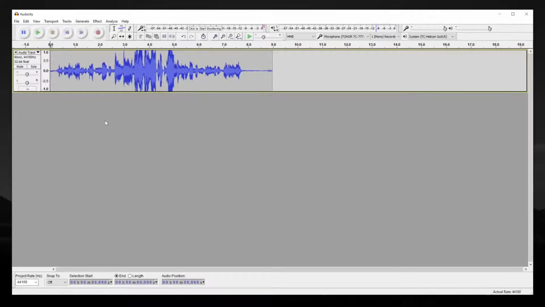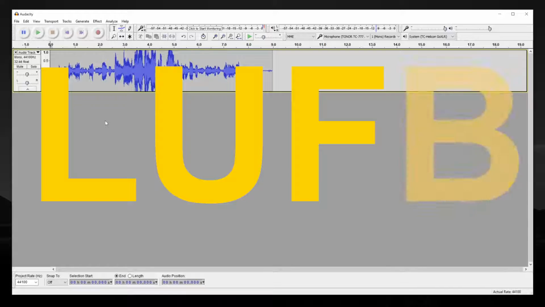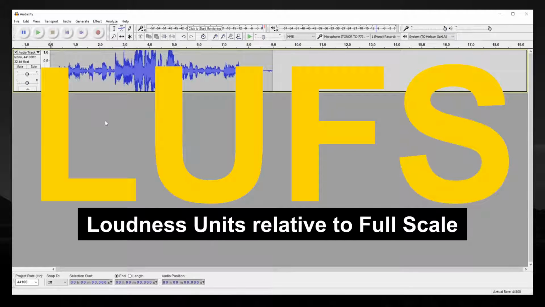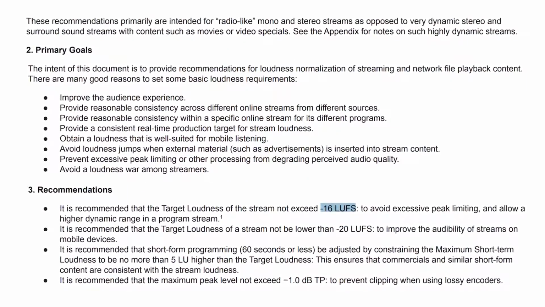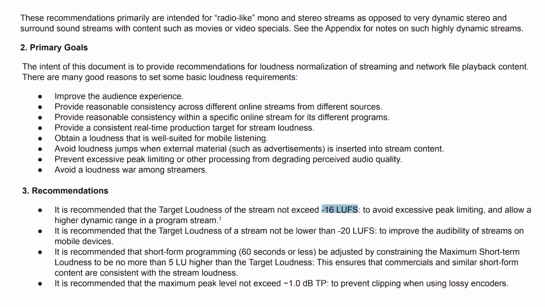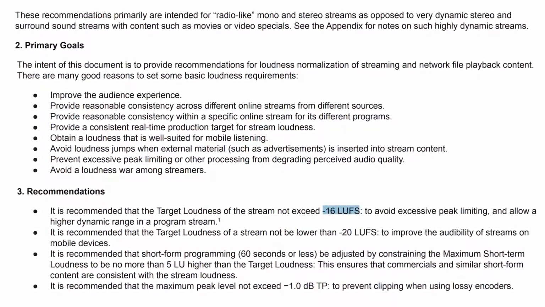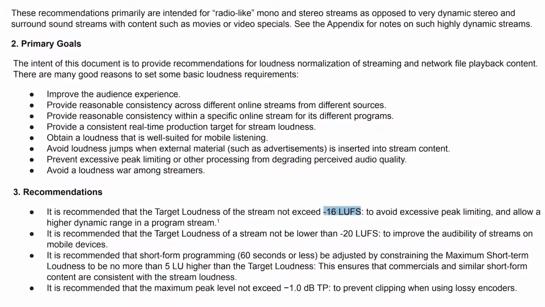For many of you, you'll be using loudness normalization the most. In many cases, it's the simplest and easiest way to get multiple tracks to be the same loudness. This is done in LUFS or LUFs, aka loudness units relative to full scale. And you want to aim for between -16 and -20 LUFs, according to the Audio Engineering Society. There is no hard and fast rule, but for years, the standard was -16 LUFs for podcasts, so that's what